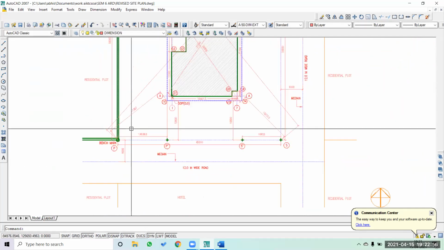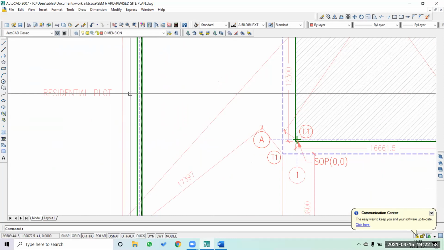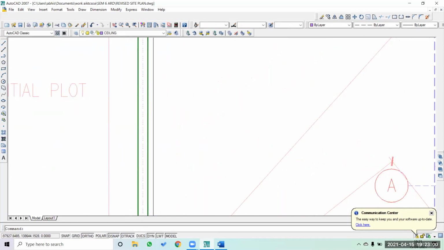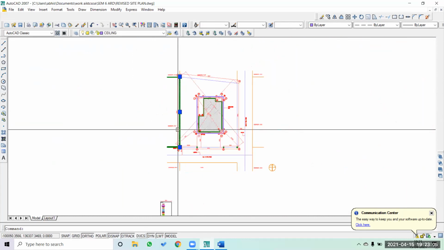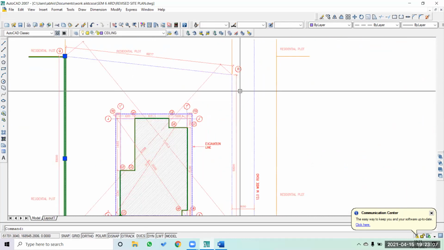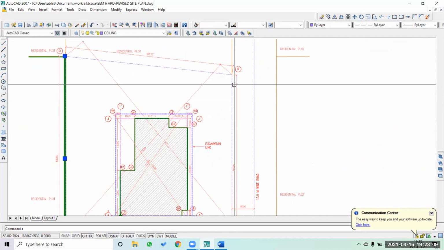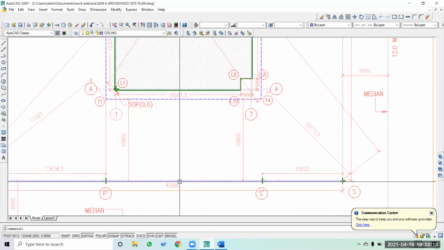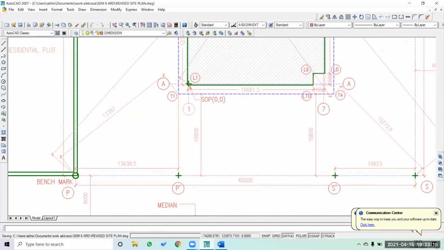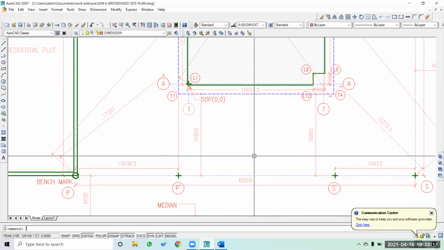Wherever you are sharing the plot with somebody else, the plot line is at the center, so the compound wall is shared between both sides. But whenever you have a road, it is not going to be shared with the road. The setback is going to get inside. That's very easy and simple to remember.